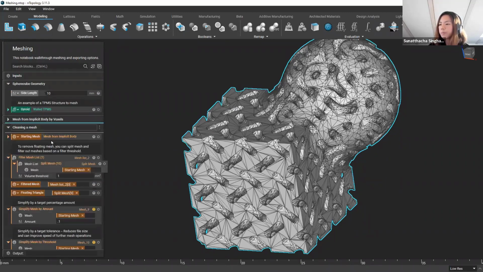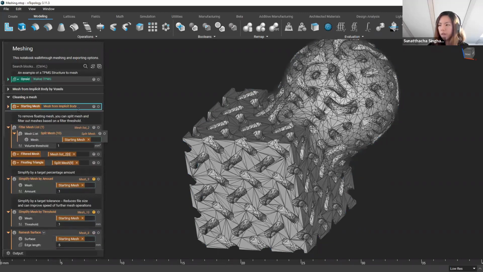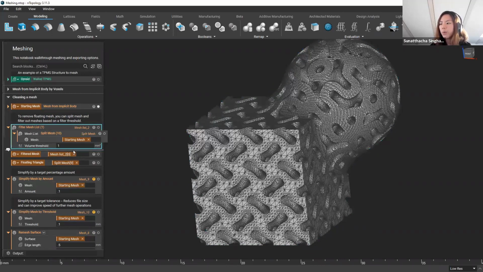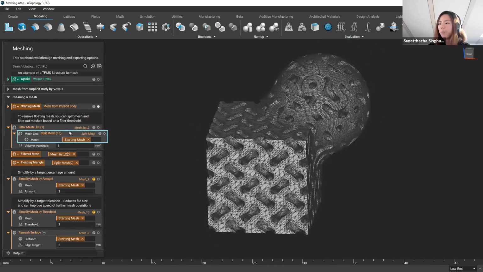And if you are importing in a mesh and wanting to work with that, there are a few ways to work with a mesh that if you bring in are a bit messy or need a little bit of cleanup, that these blocks can be helpful. So the first one is this split mesh. And what it does is if you have areas in the mesh where bodies aren't connected. So if you have one mesh that has different elements in different areas that aren't connected,